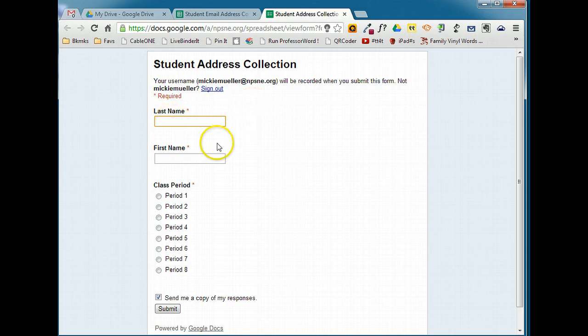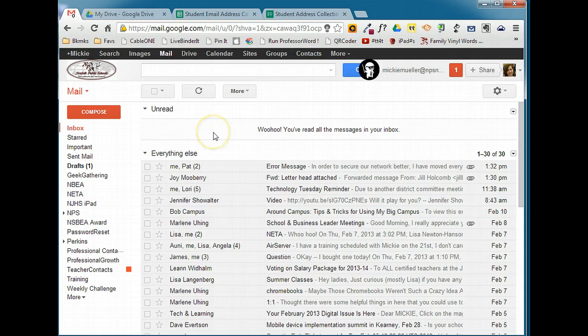I also included a last name, first name, and then class periods because I'm going to use the same form for each of my classes. So by having them select the class period that they're in, I can quickly sort the spreadsheet based on class period. So go ahead and have your students fill that out, and then you're going to meanwhile create a contact